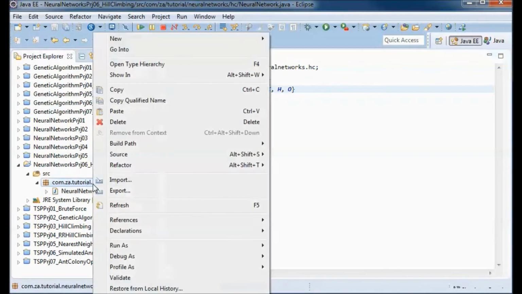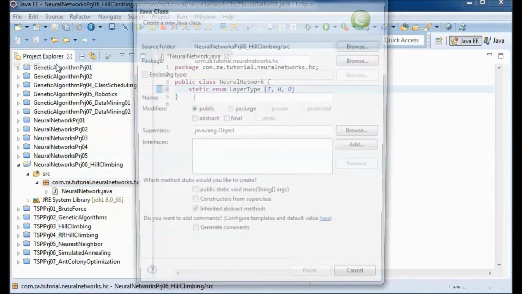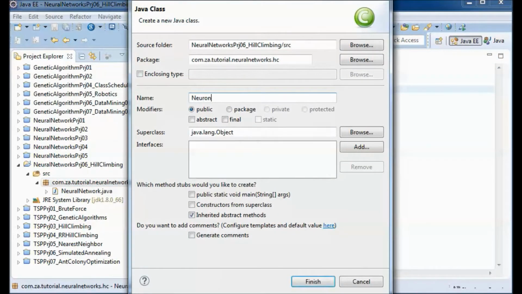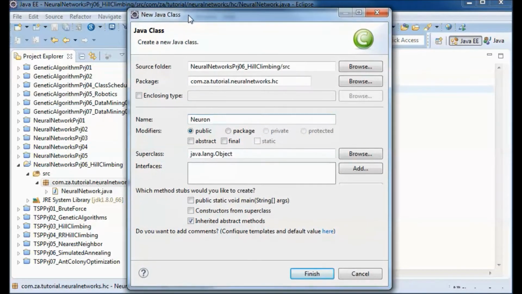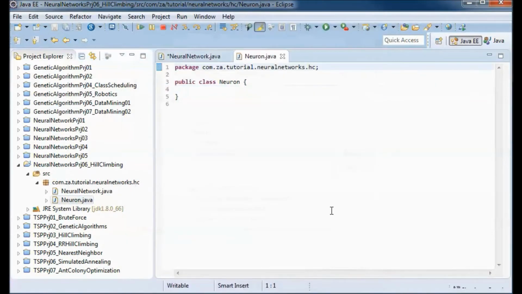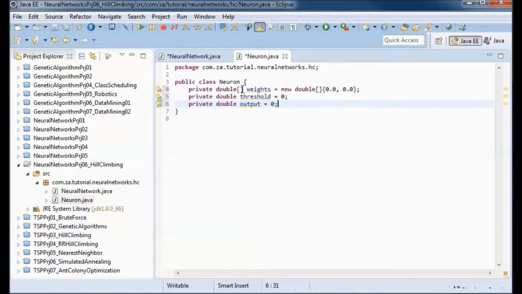And I will have a neuron class that will have two weights and a threshold and an output, and it will belong to one of the three layers, either the input layer or the hidden layer or the output layer.